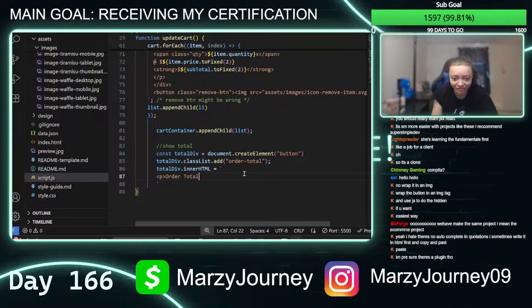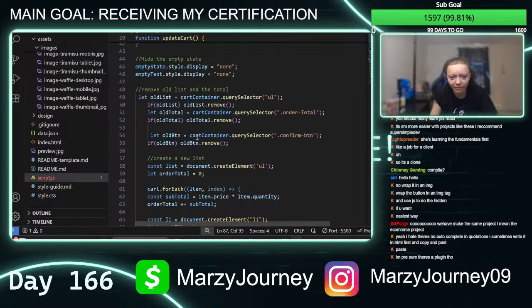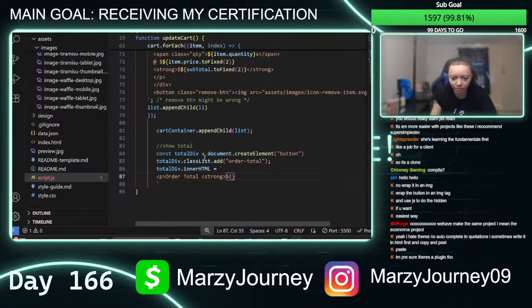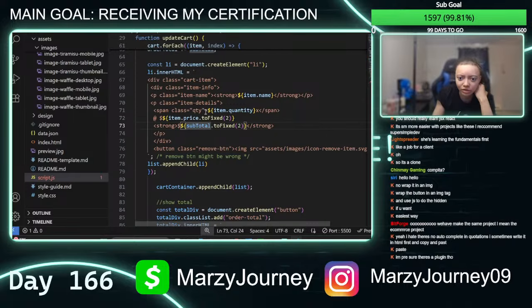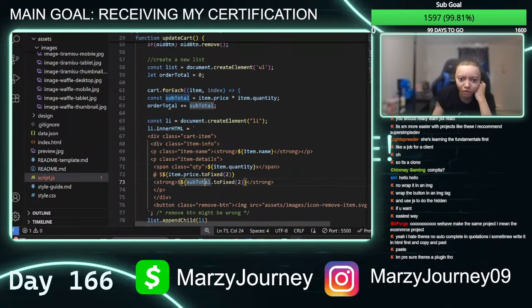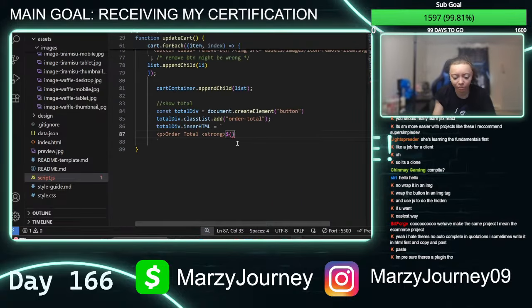I'm not too positive. So we gotta go order total, which I think immediately you jump into the strong, make that a little bit more boldish. And then we gotta hit them with this, which I believe mine is either going to be called the subtotal, or you probably need to do a little bit of math. But I don't think it would be the subtotal, because the subtotal is doing the order total plus, oh, right here, the order total. I didn't even know I had that there. Well, that was perfect. It was there right when I needed it.